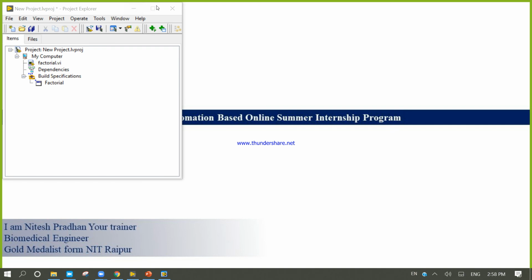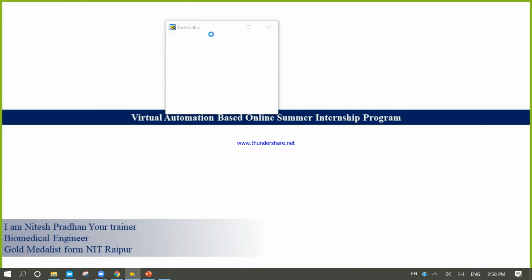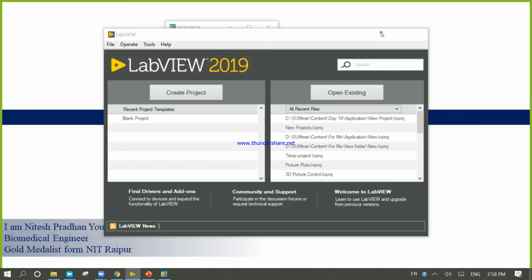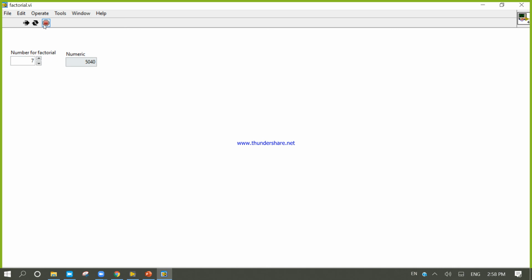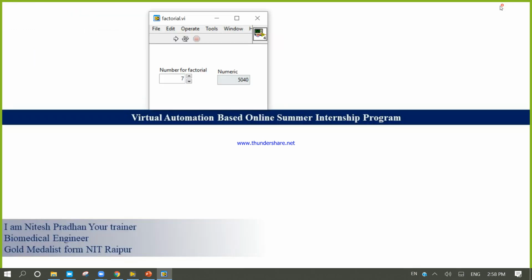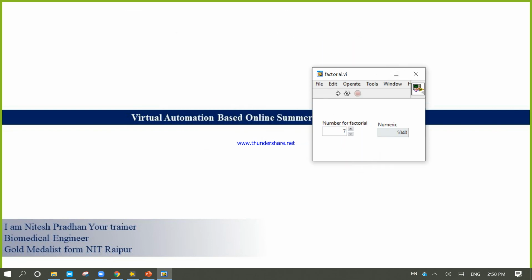You can use this factorial VI on any computer without LabVIEW. You cannot see the block diagram of these functions, and this is your exe that has been converted, so you can run it.